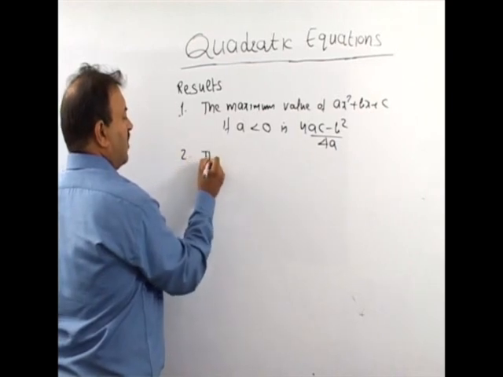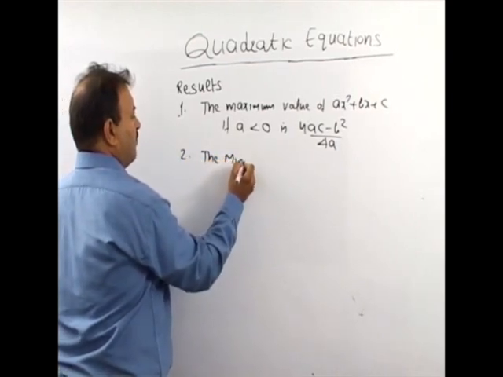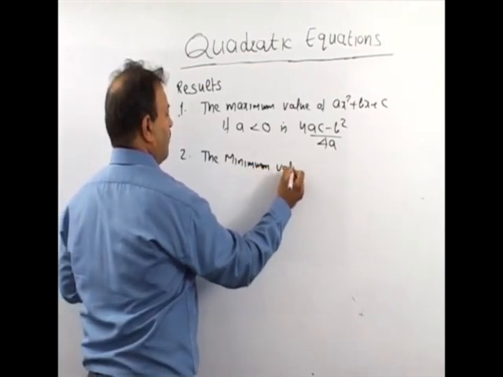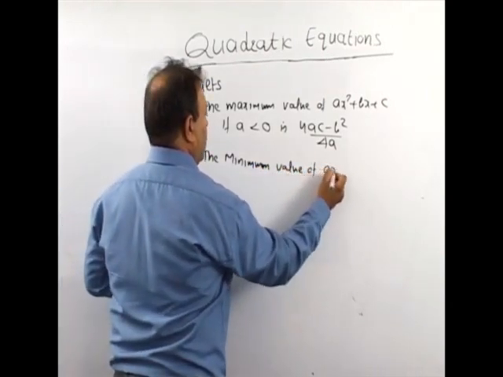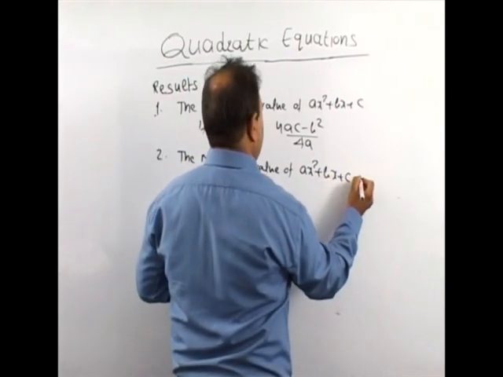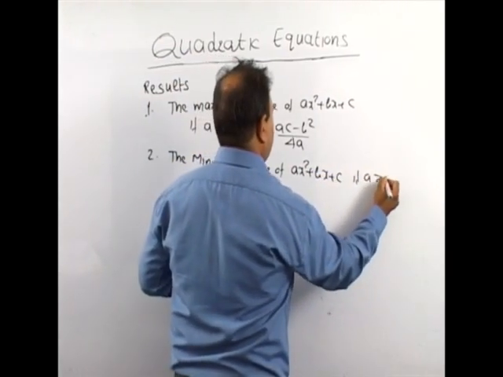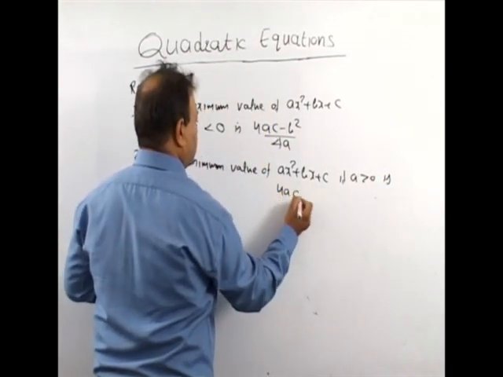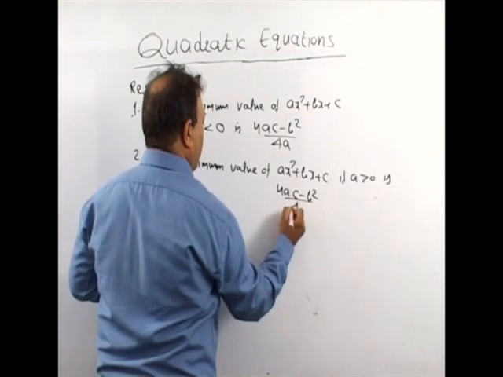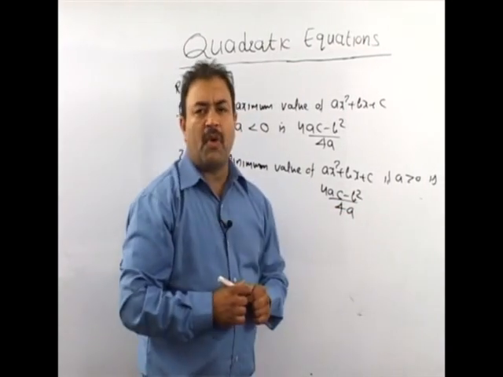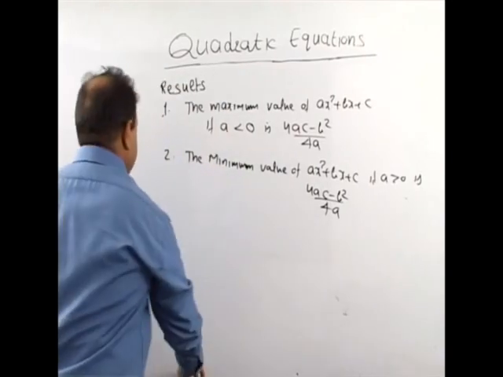Second result, the minimum value of ax square plus bx plus c, if a greater than 0, is (4ac minus b square) upon 4a. So, the problem based on this property is